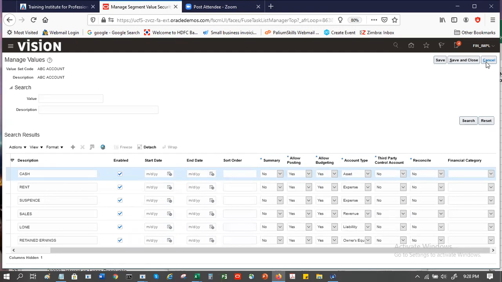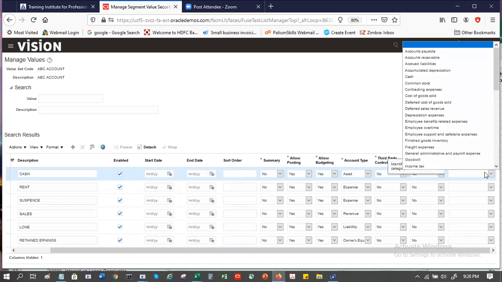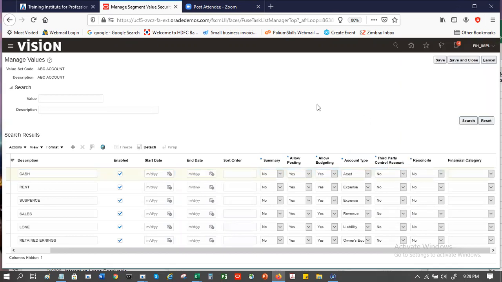Financial categories, I think, are for reporting only, correct? Correct. For example, this account may be used for the financial reporting studio, wherever you are grouping these into categories like cash type or common stock. These are just different categories that they have given. I believe in the BI also we can have the option to enable or show financial categories, and you can do reporting on that. Okay, I think we are looking for value security management.